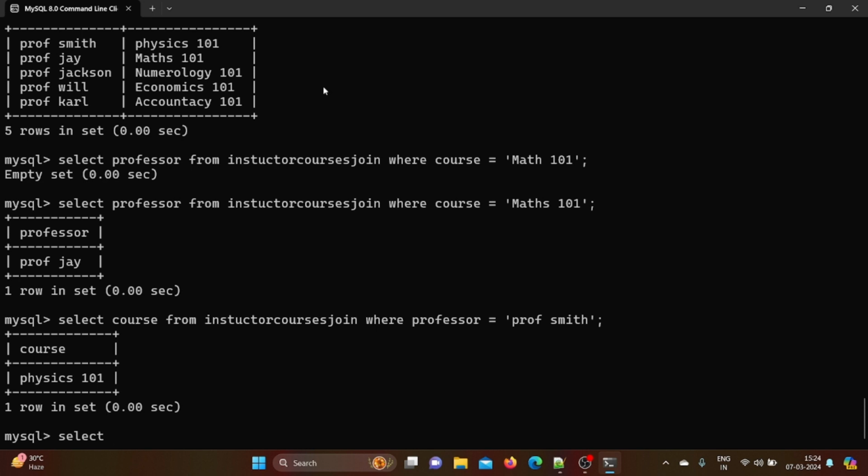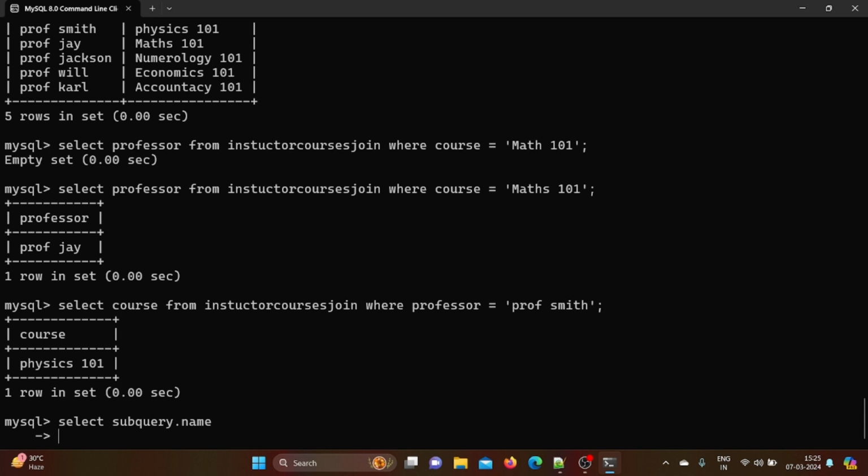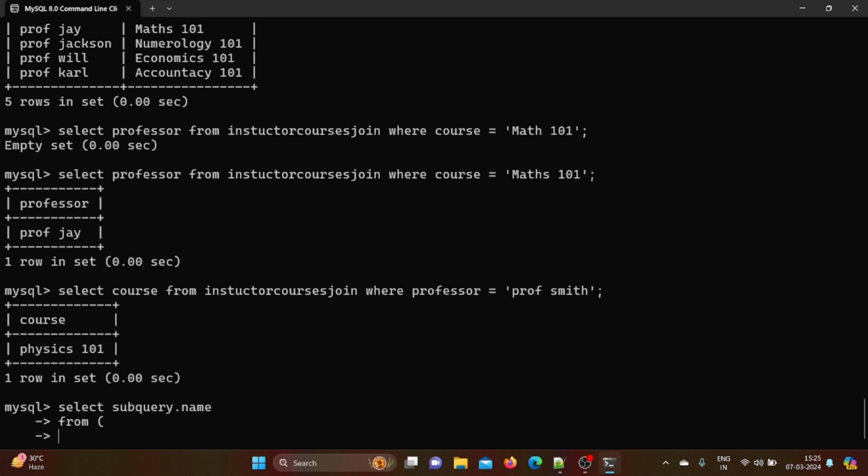We'll type in subquery dot name and then we'll say from and open our brackets. In the brackets we will type select